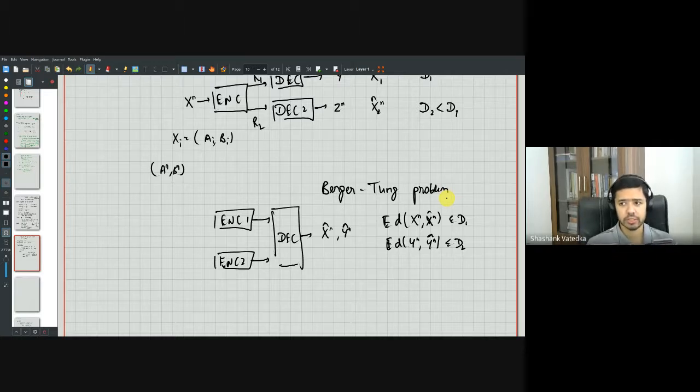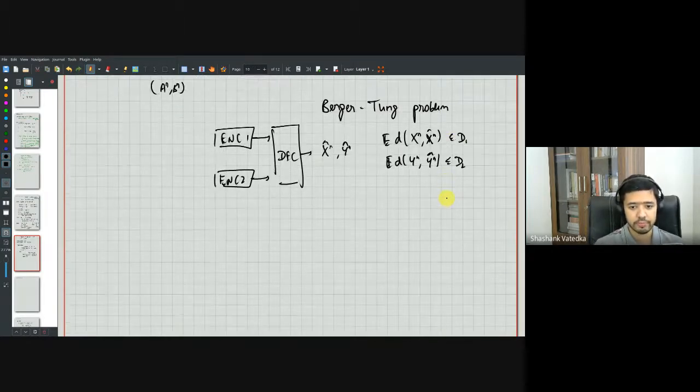So we look at lossy compression in a little more detail soon, but this is called the Berger-Tung problem, and even this simple two-source single receiver setting is not completely solved. So you can imagine that more complicated scenarios, of which there are many, are still very much unsolved. One similar problem which is also studied is called the CEO problem,